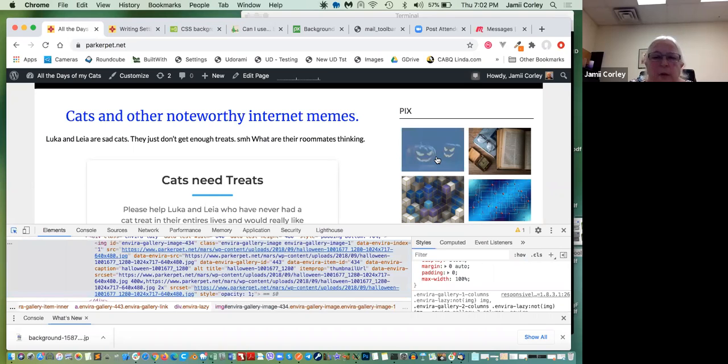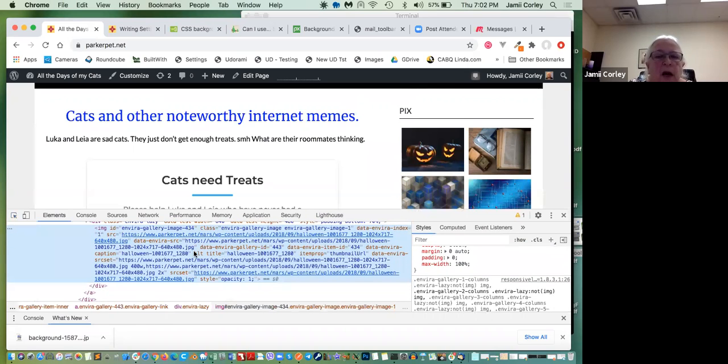I have grabbed a picture, and there's a lot of stuff going on here, but the key things that are interesting about it is it's an image. It has a unique identifier. So if I want to talk about just that specific